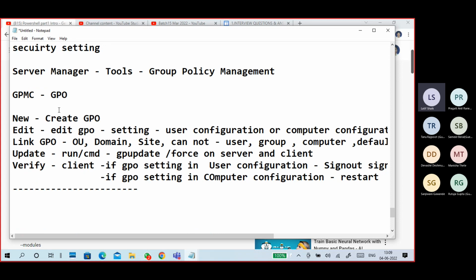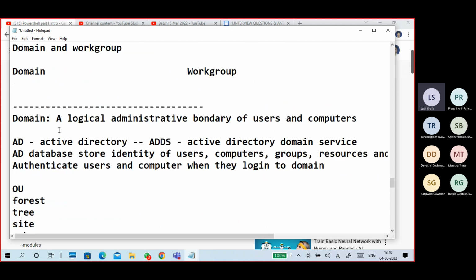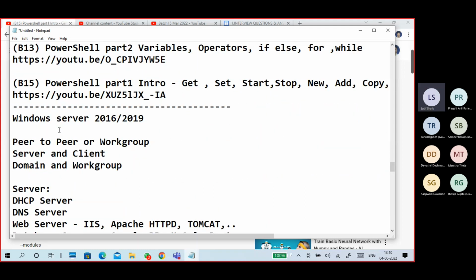So how to do the group policies? Create a group policy, edit the group policy, link the group policy, update the policy, and verify the policy. That is important. Once you have verified, make sure that it is working good.